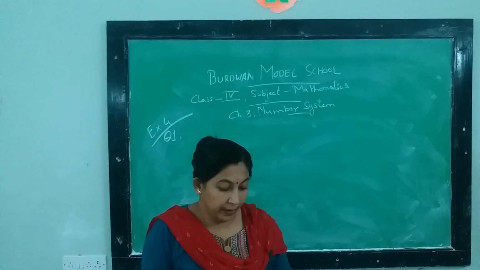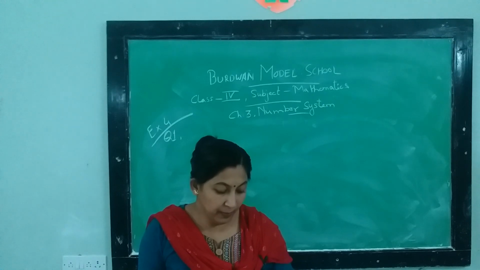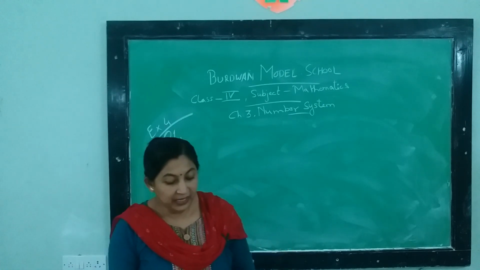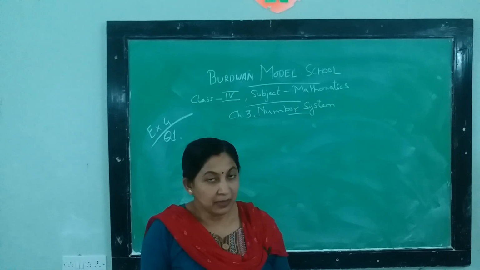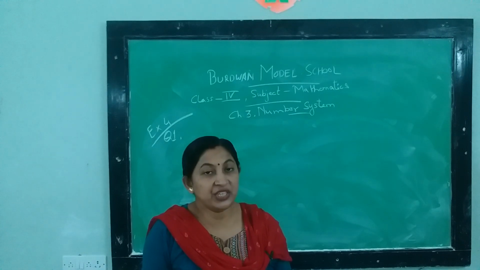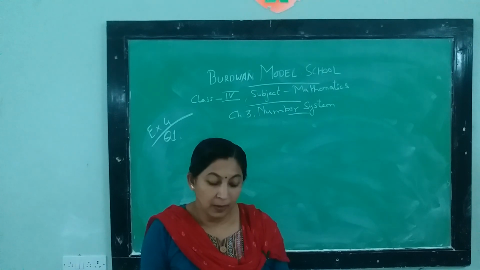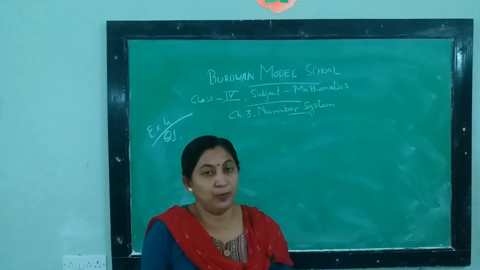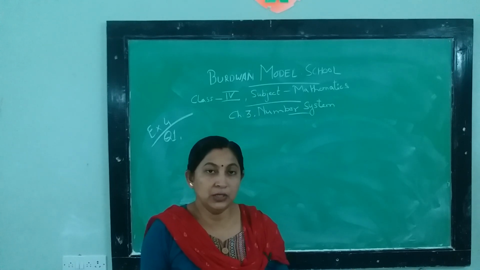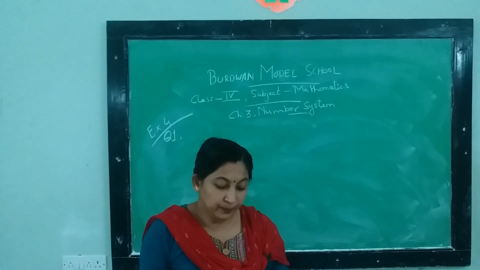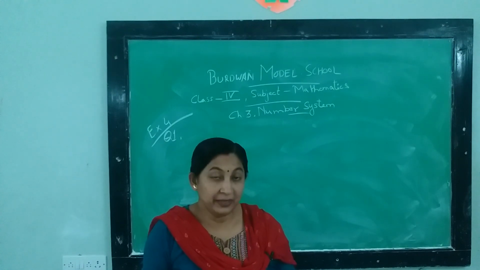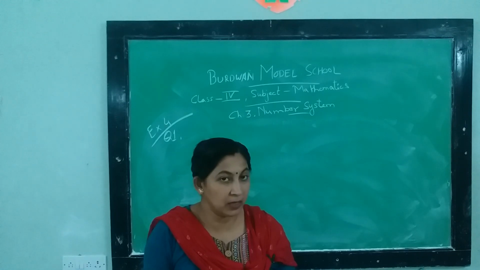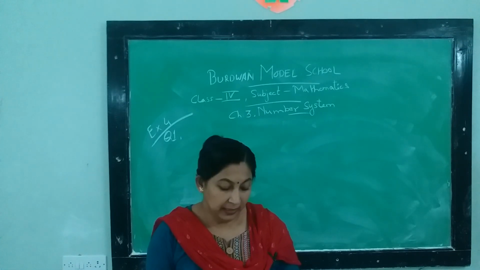Come to question number 1. In question number 1, find the place value of the underlined digit in each of the following numerals. The numbers are given and there is one digit which is underlined. You have to write the place value, whether it is in ones place, tens place or thousands place. You have to write in words, and this you will write according to the Indian number system, means you will give the commas according to the Indian number system. Clear? Let's start.